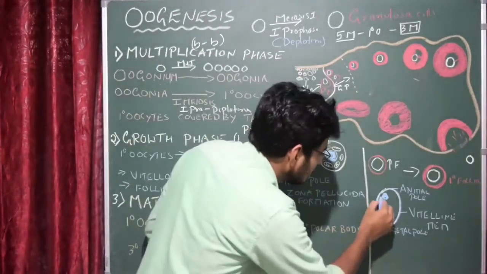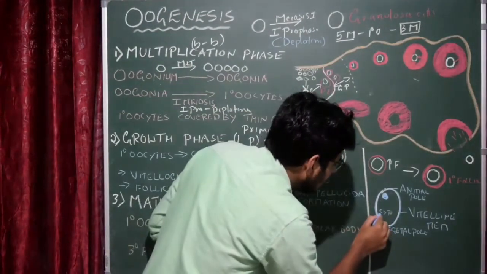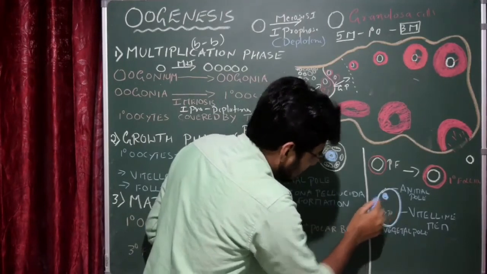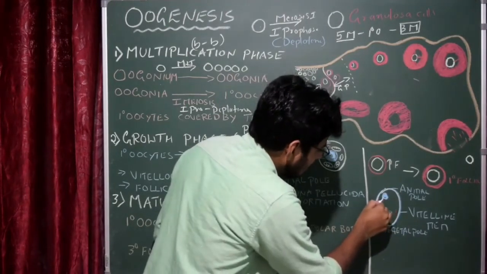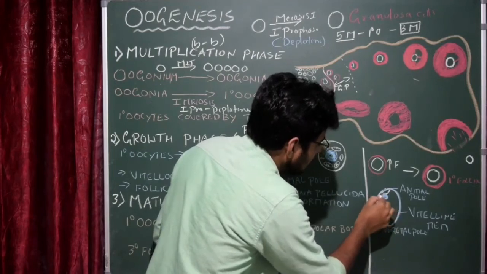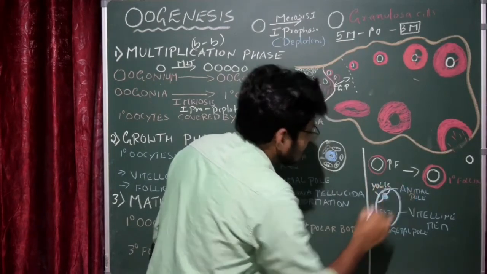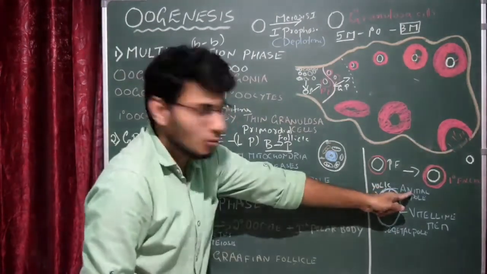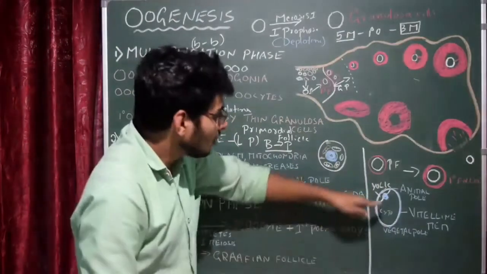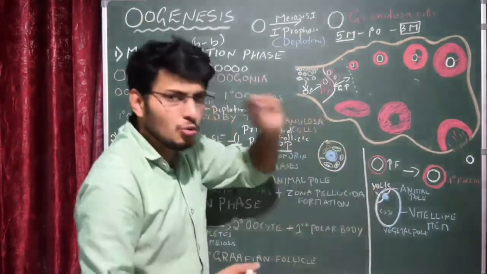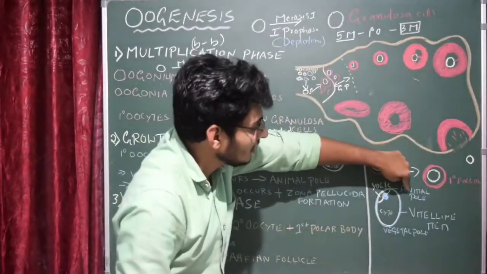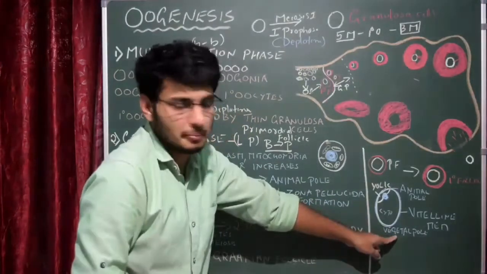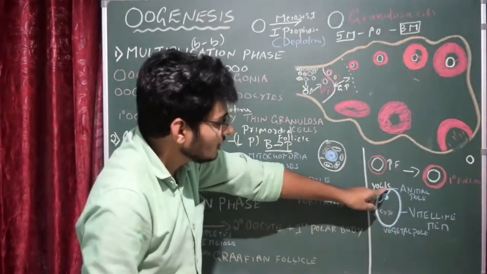So now this cytoplasm becomes a bit nutritive. Where exactly? If you take the entire cytoplasm, where the nucleus is, on this particular side the cytoplasm is transforming itself into yolk. So you may get a question: where exactly does the yolk formation take place in the primary oocyte? It is towards the animal pole. Why do we call it the animal pole? Because when the nucleus is situated to one side of the cell, we call that the animal pole. If the nucleus is not there on the other side, we call it the vegetal pole. So where the nucleus is, yolk formation takes place.